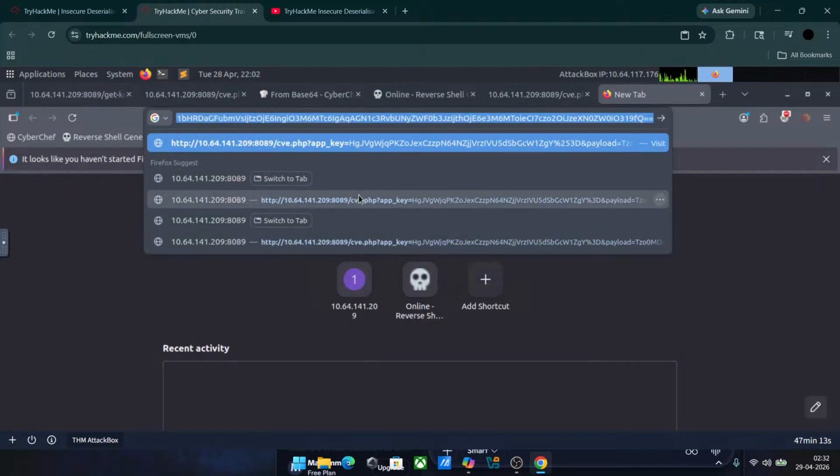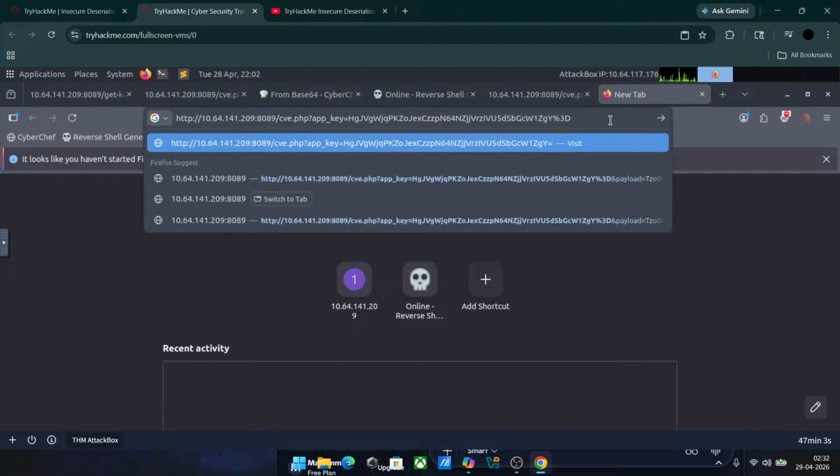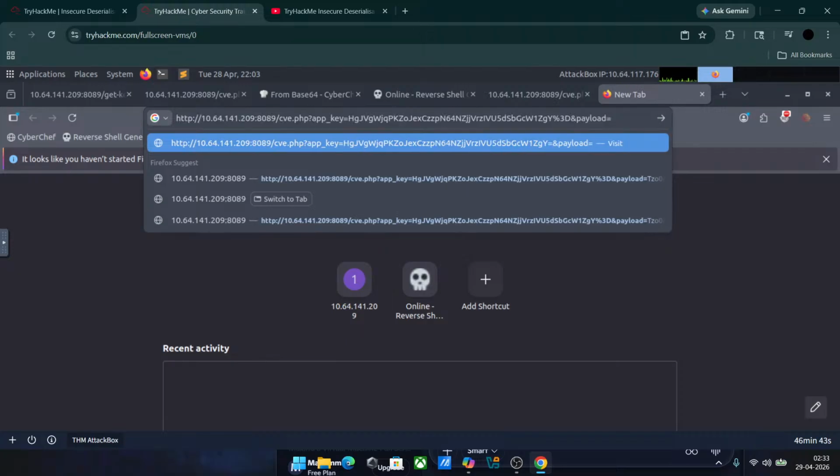And if we paste it, then we need that payload, right? Payload is equal to, let's see, where